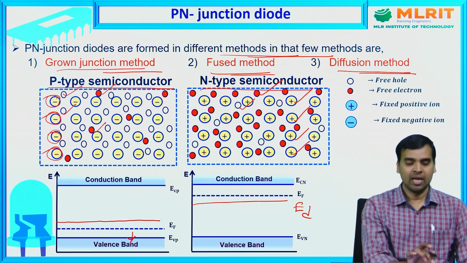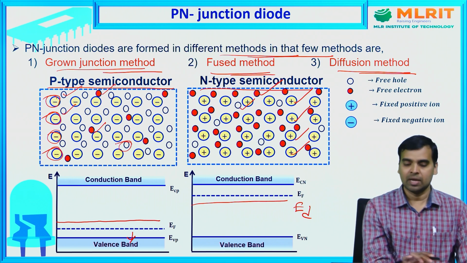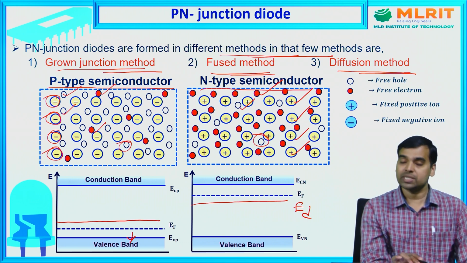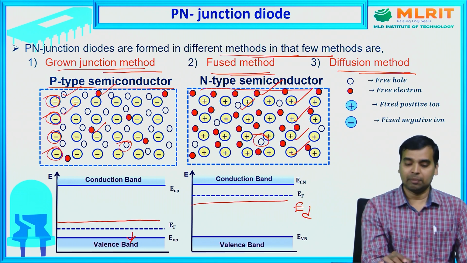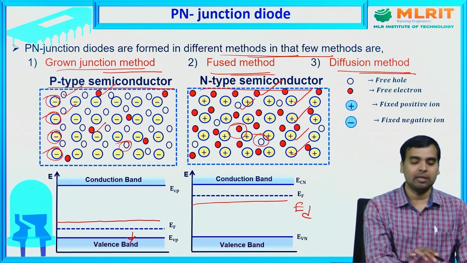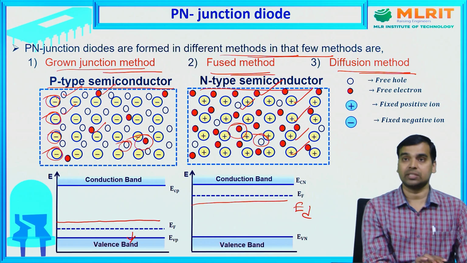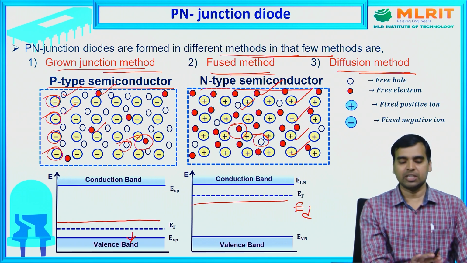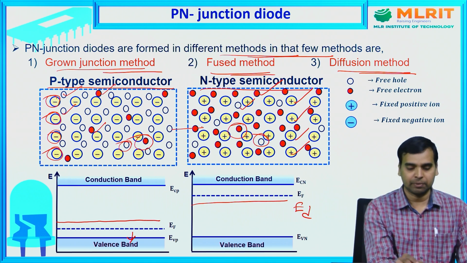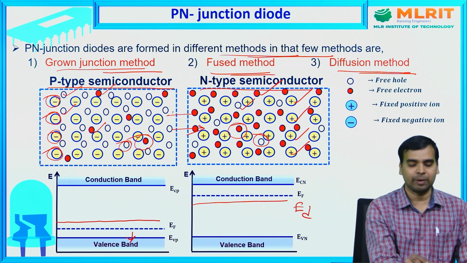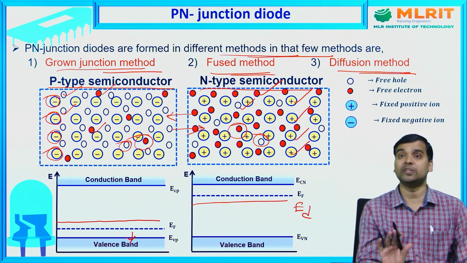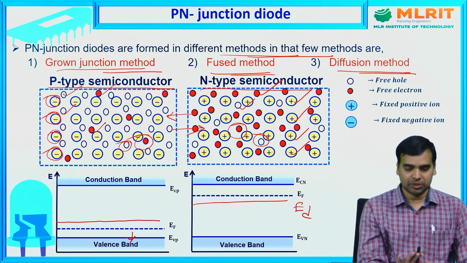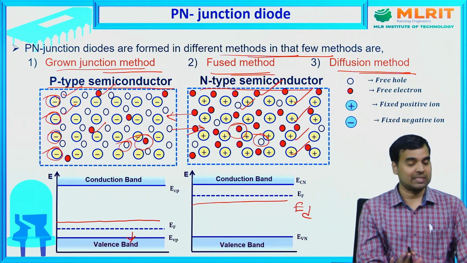Here you can see in p-type the majority charge carriers are holes. In n-type, holes are minority charge carriers. Again, in n-type electrons are majority charge carriers. In p-type, electrons are minority charge carriers. So whenever the p-n junction diode is formed, holes try to move from p-type to n-type side and electrons try to move from n-type to p-type side. That is called diffusion process. Due to the diffusion process at the junction,